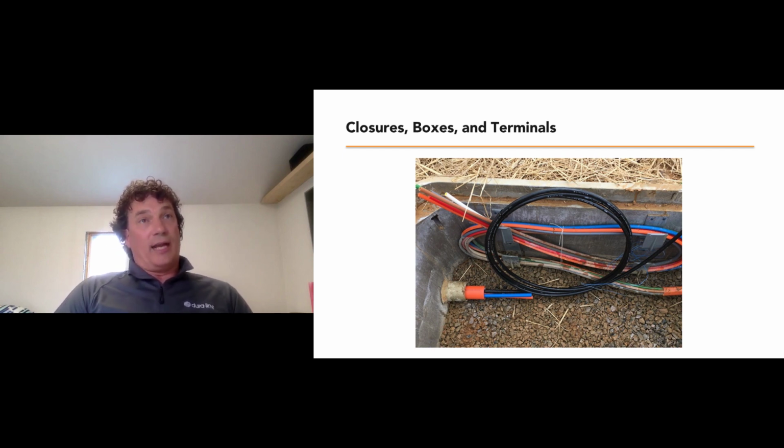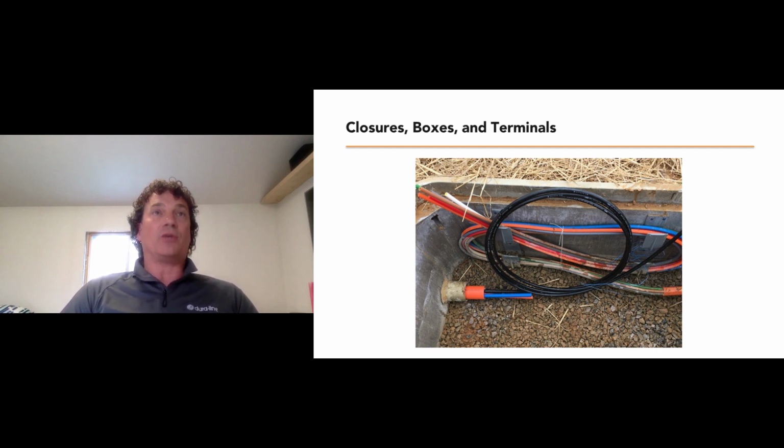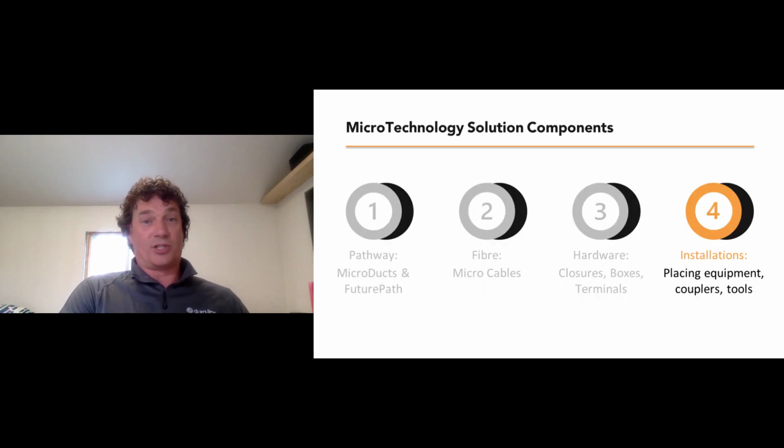So the reason why you would have less vaults is because you can jet the cable a much further distance. In a traditional technology with traditional fiber, you can only pull that cable a short distance before you have to then pull it and pull it back into the next section. So with microtechnology, you can join the microducts together and jet further distances. I've personally jetted 2.5 kilometers in one shot, and we can talk a little bit more about that installation in the next section, which is a great lead into